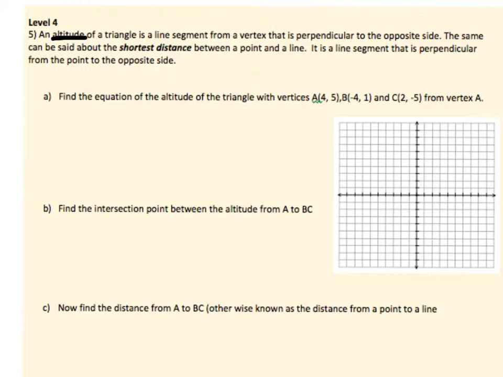The altitude of a triangle is a line segment from the vertex that's perpendicular to the opposite side. The same can be said about the shortest distance between a point and a line. So basically, if I have this triangle and I want to know the shortest distance from this point up here to this line down here, I could draw a bunch of different lines going up and down, up and down, up and down. But the shortest distance, or the one that will always hold true, is the one that's perpendicular to that line